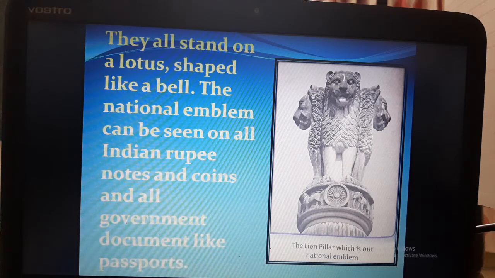See carefully in the picture. There is a bull, a horse, an elephant and a lion with wheels in between. The national emblem can be seen on all Indian rupee notes and coins and government documents like the passport.